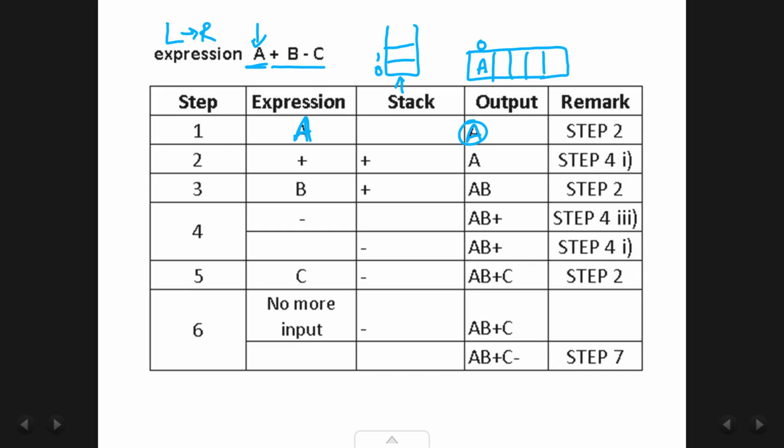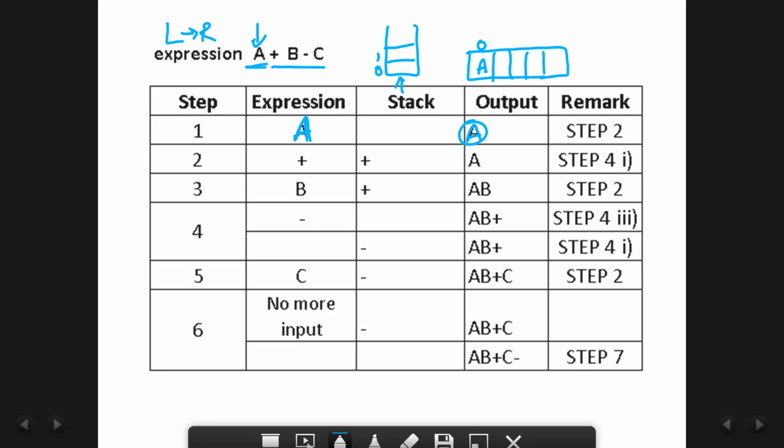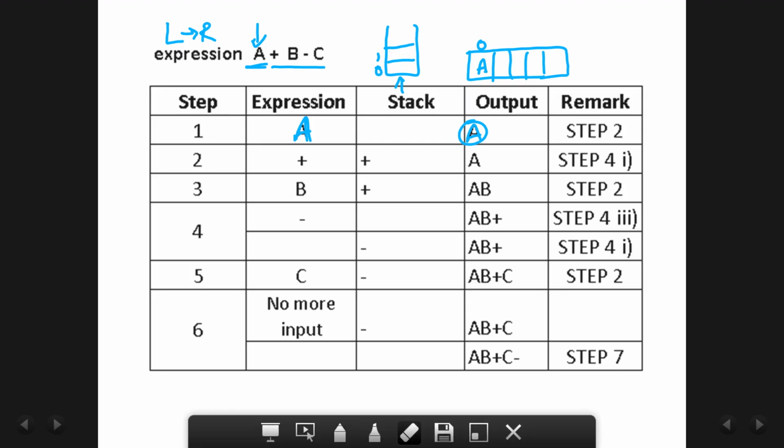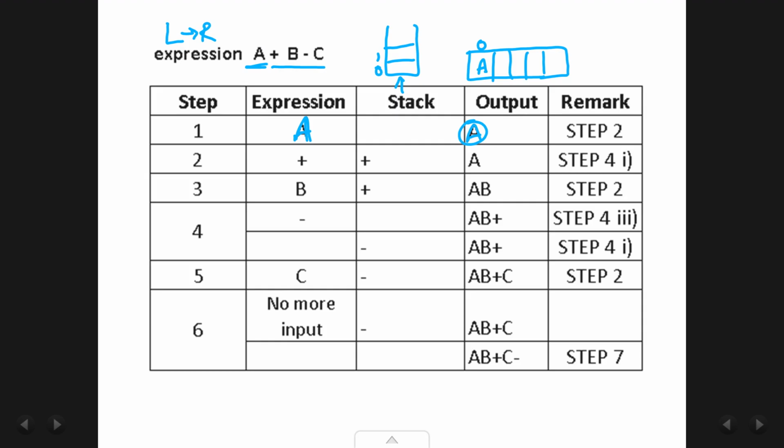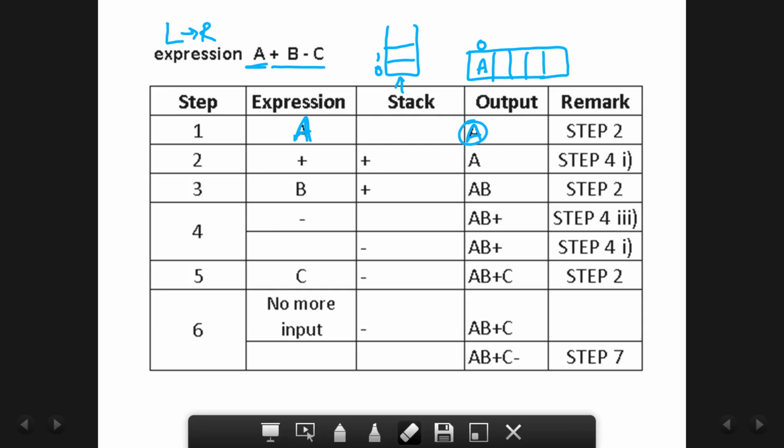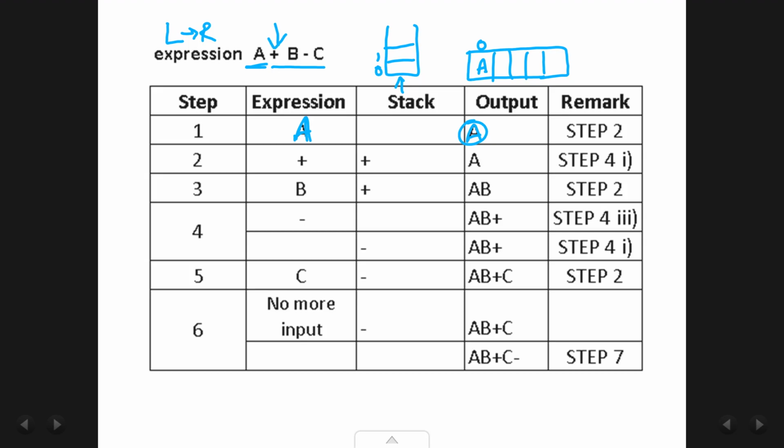What does step 1 say? Examine the next element in your input. We have already seen A, so we go to the next element in the input, and that is plus. Now as you know, plus is an operator. Step 2 deals with an operand.